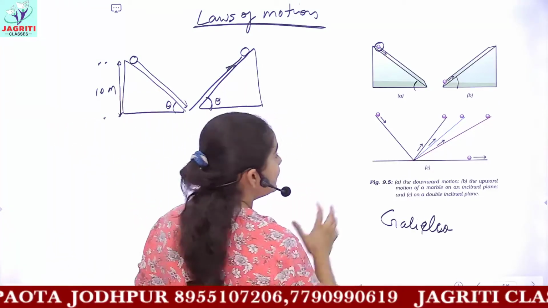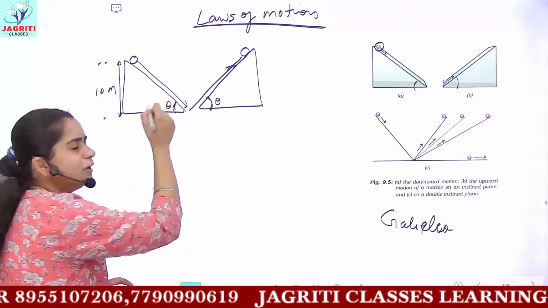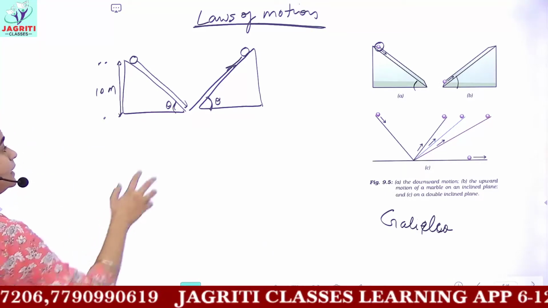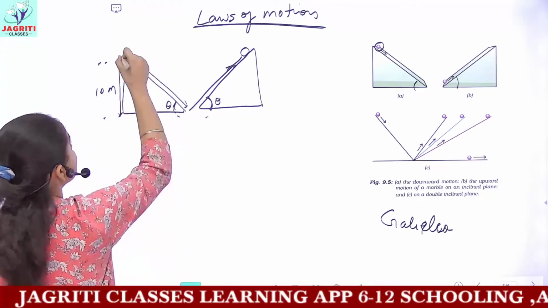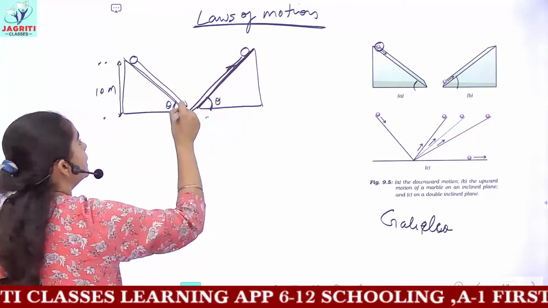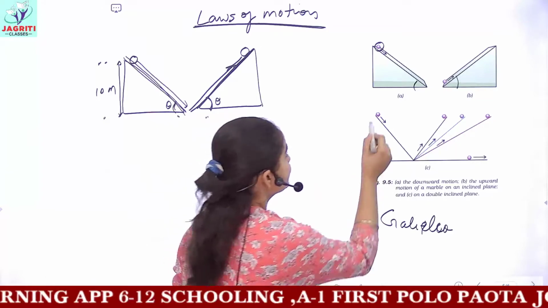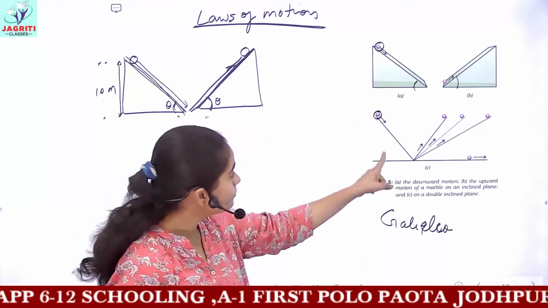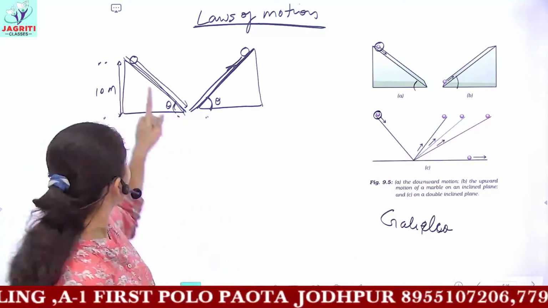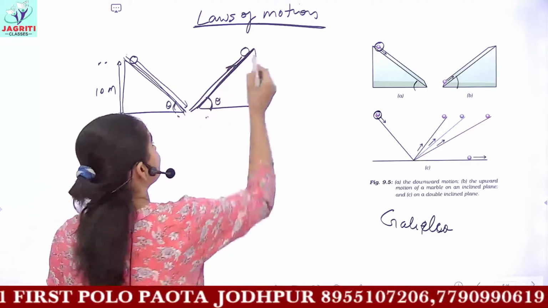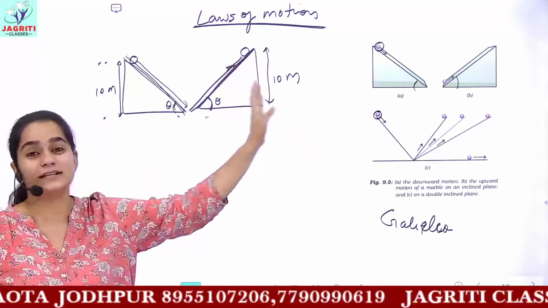Then next, he said that if you change the slope of the inclined plane, here we took angle of inclination or slope, whatever you understand. Here we took 2 same angles of inclination. Now we require this path only, so a line diagram is drawn. A circular object you are taking. If you have the same inclined plane, then the ball would cover the same height from where it is dropped. If it is dropped from a height of 10 meters, it would cover the same height of 10 meters in the experiments.